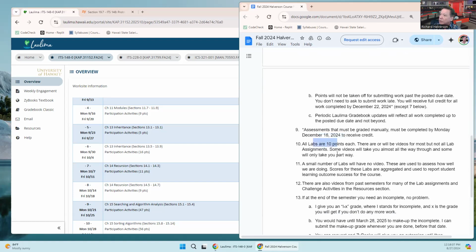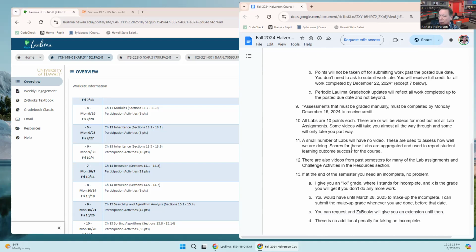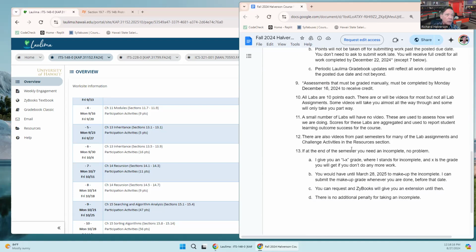All labs are 10 points, but some are going to be a lot easier than others. And I throw out 3, so those might be 3 of the hardest ones, but there's more than 3 hard ones towards the end there. So anyway,